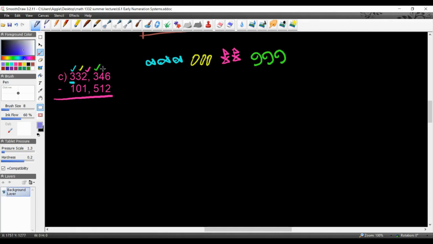And then we have 4 of the tens, which is the heel bone. So 4 of these. 1, 2, 3, 4. And last but not least, we have our 6 ones. So 1, 2, 3, 4, 5, 6. Okay. Now we have to, from here, we have to subtract